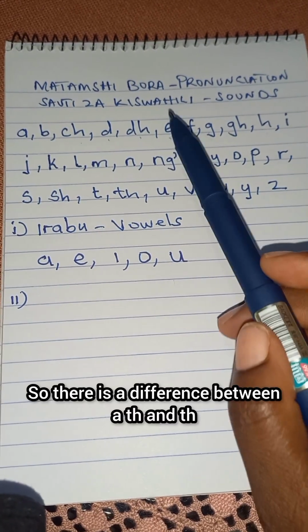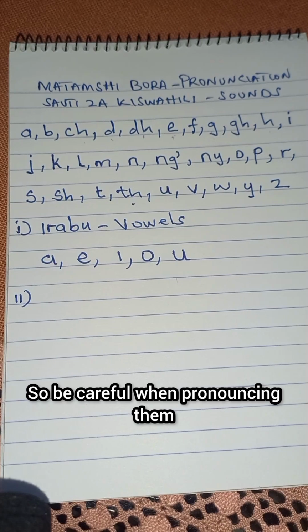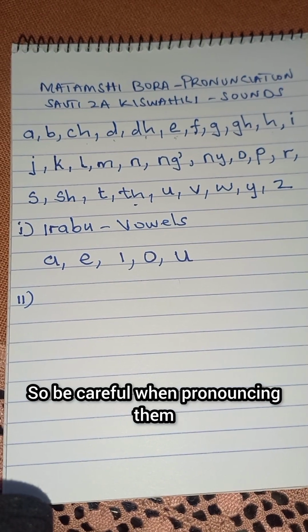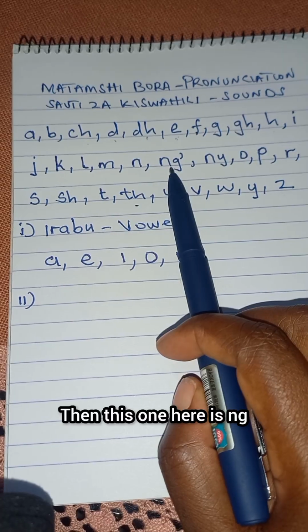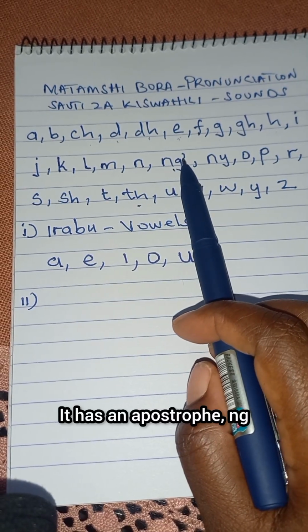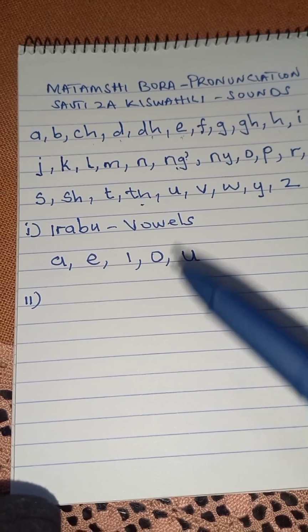So there is a difference between the and th. So be careful when pronouncing them. Then this one here is ng. It has an apostrophe, ng. Okay, now